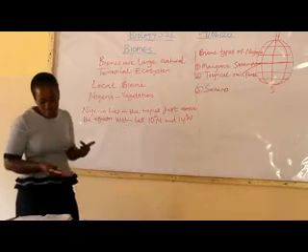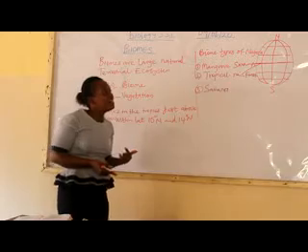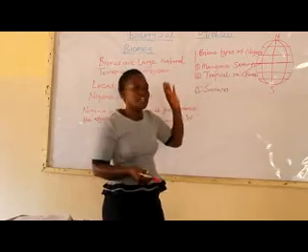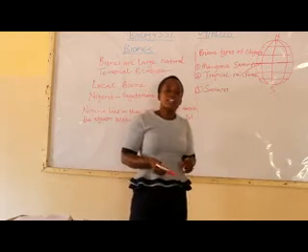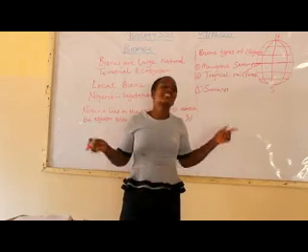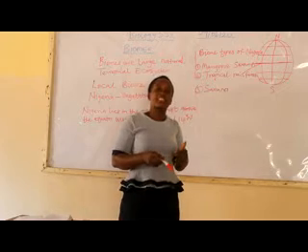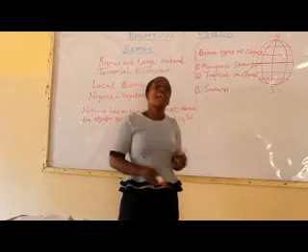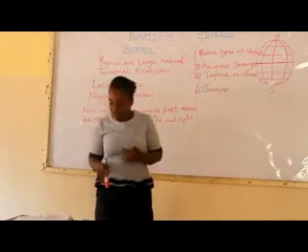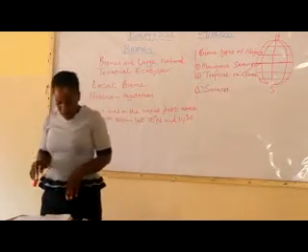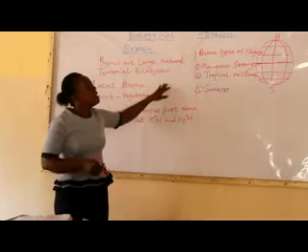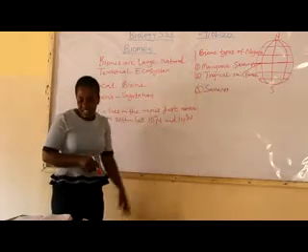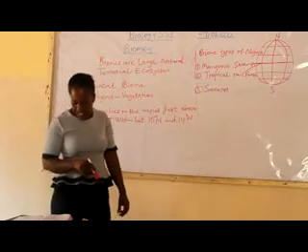The climate in the mangrove swamp region is hot and wet throughout the year. What do we mean by hot? The temperature rises above 32 degrees centigrade, but the rainfall is almost throughout the year. There is no particular month that there will be no rain. It rains all year round in those coastal regions. The total annual rainfall is heavy, usually above 2,500 millimeters. And the average monthly temperature is around 26 degrees centigrade for nearly all the months of the year.